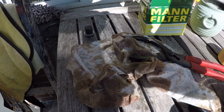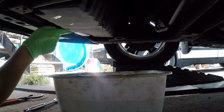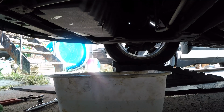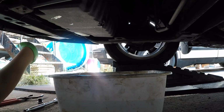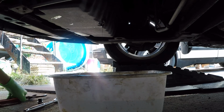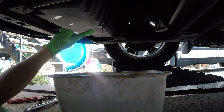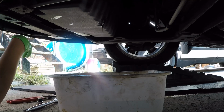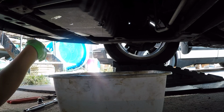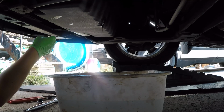We can put that back in its box for the time being, and our plug is ready to go as well. When I see the oil at this stage, I still give it a little more time to drain, because I think you could probably get another 100 milliliters out of there if you let it sit for another 5-10 minutes. It's really up to you. Honestly, closing it at this point is not a big deal either. Like I said, it's maybe 100 mils extra that are gonna really come out of there, so it's not worth going crazy over. So I'm just gonna let this drain a little bit longer,